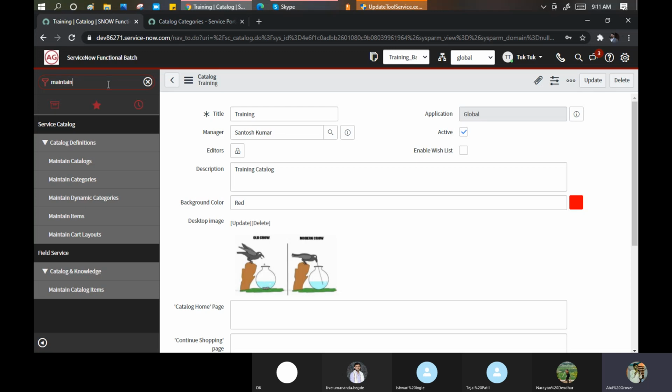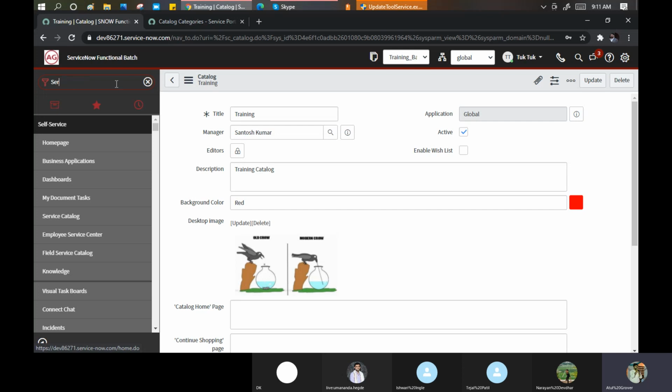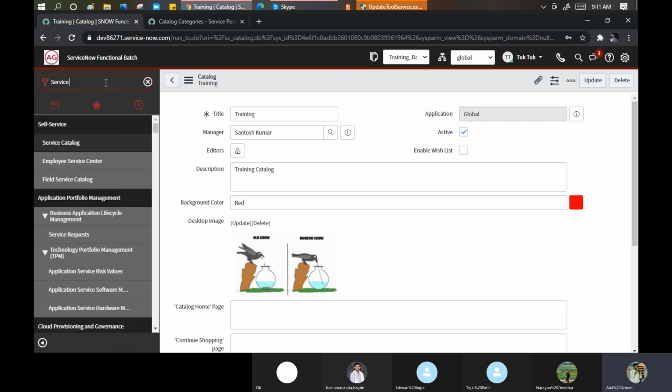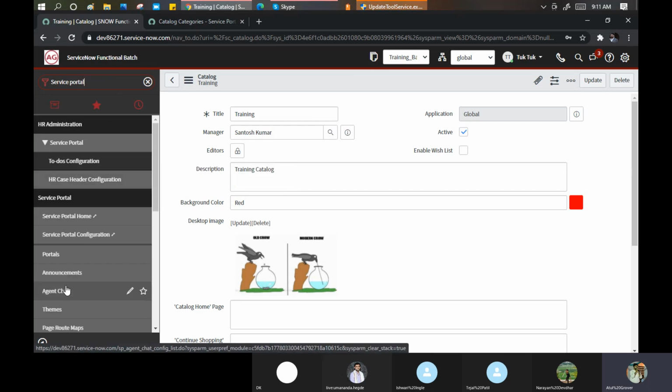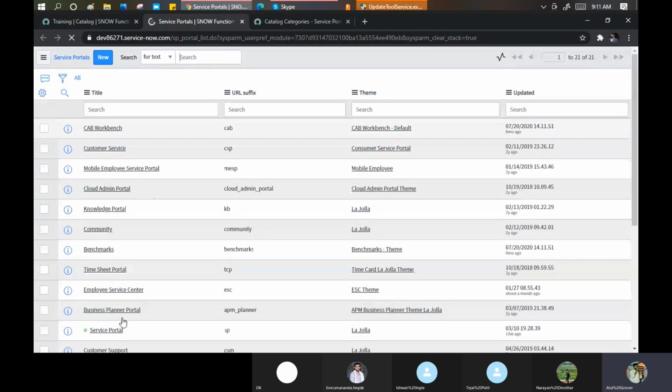No, right? Now if I go and look here, wait, yes, service portal. If I open this and go to my portals, until now I did not bind anything.